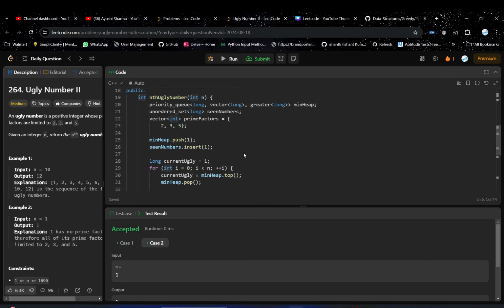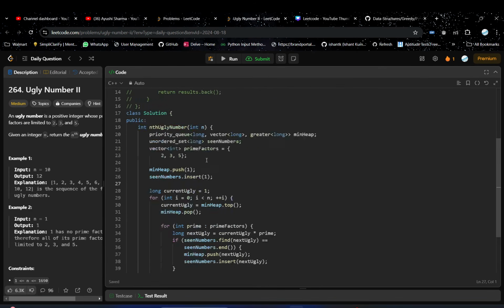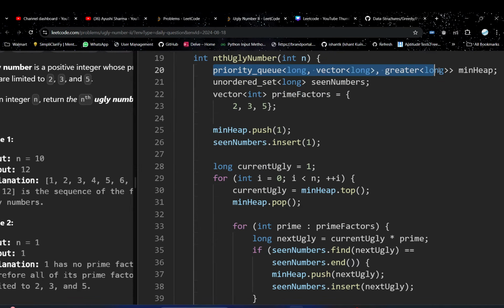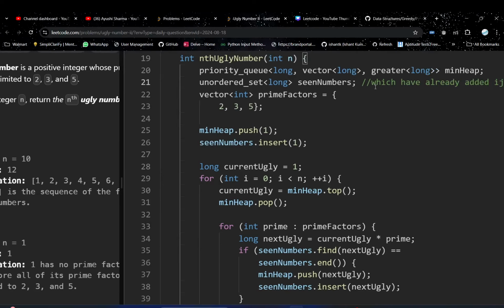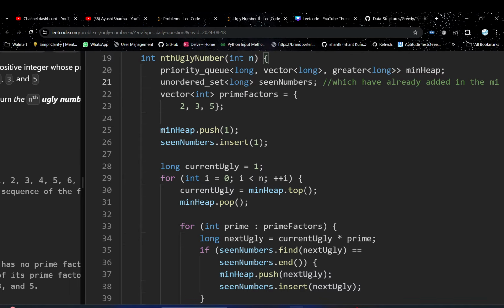You can do the rest of the dry run. It's pretty basic. See, okay, so we have taken this min heap, and we have taken this set to store the seen numbers which we have already added in the min heap.